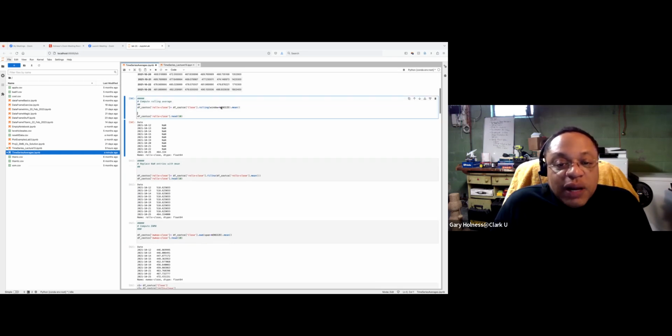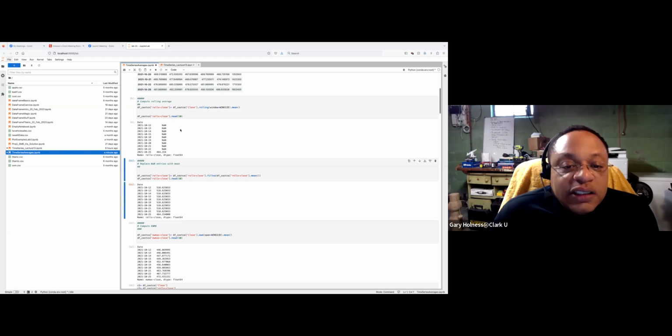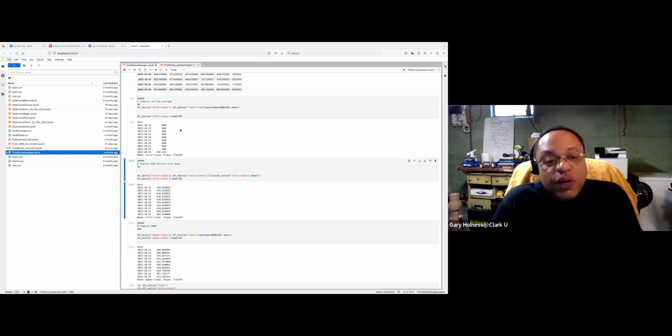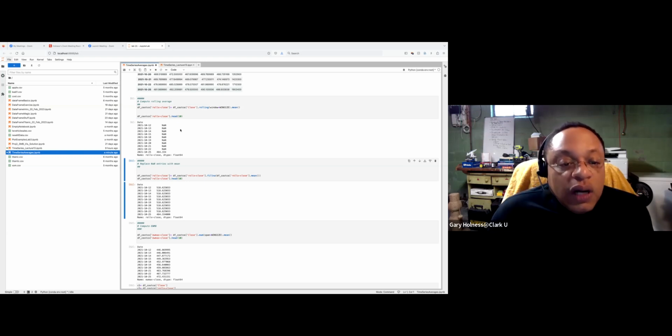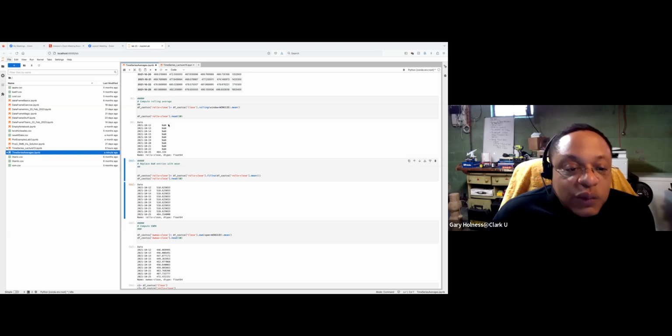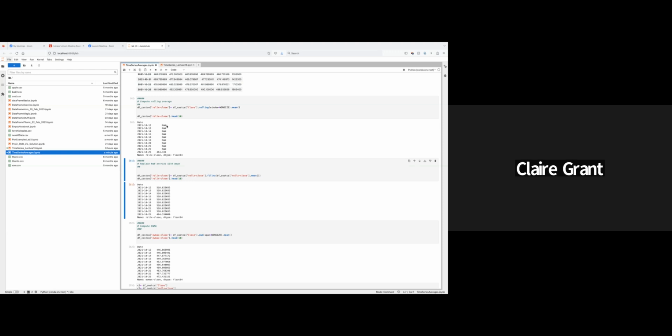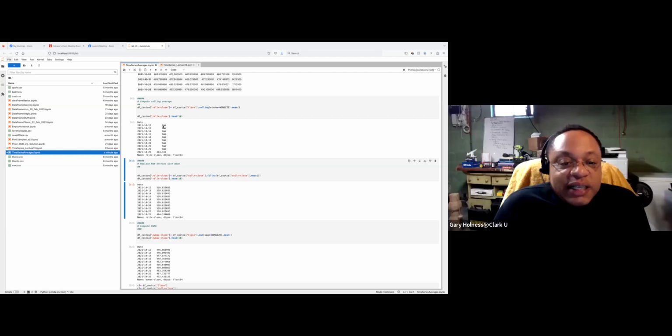And so here, for my window size, I like to use globals. You can hard code it, but I'm a big fan of things that are adjustable in one place instead of 10 places in your data set. And so here, my window size is 10. And so I'm going to compute my rolling window average. So each of the 10 measurements in that sliding window are going to get equal weight, 1/10 of the value. So when I take a look at my data, you'll notice the first 9 entries are not a number.